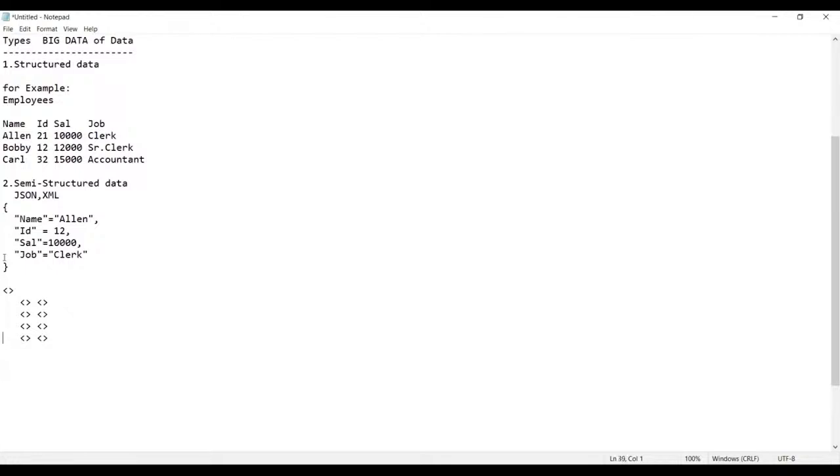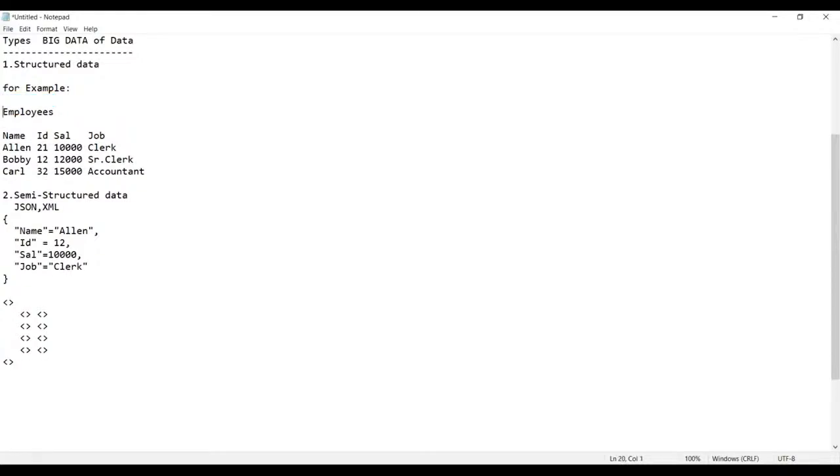If I write the same data here in the tags format, now tell me, what is the name of your table? What is the name of this table I have given? Employees. I'm writing the same data here, so use employees. This is called as an opening tag, guys. This is called as what? Opening tag.